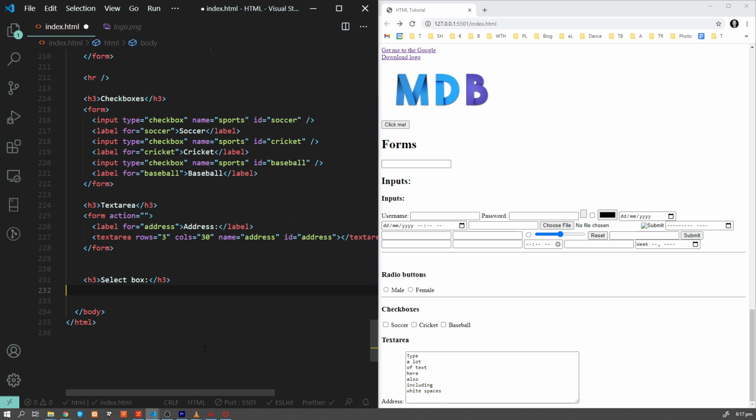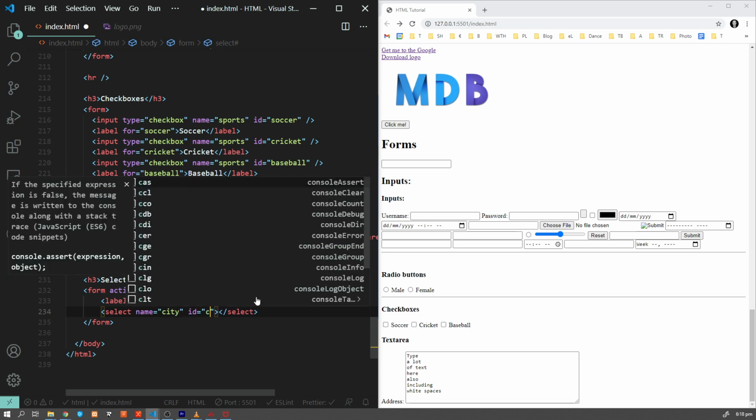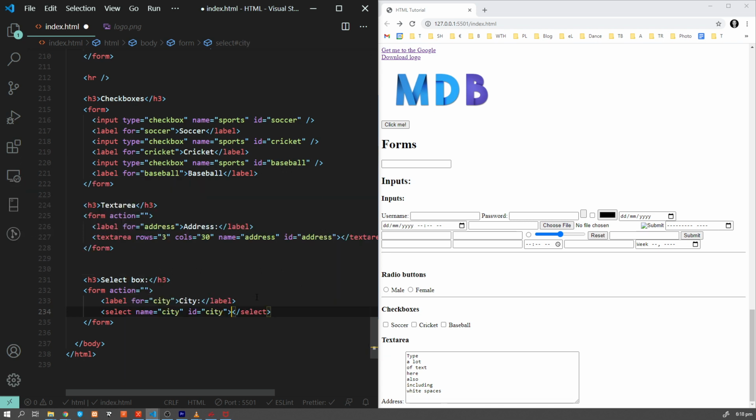So this is another way to present some data. We're going to do it like this: form, now label for city, and now we're going to create select, select name city, ID city, and then we have options. So option value Sydney,